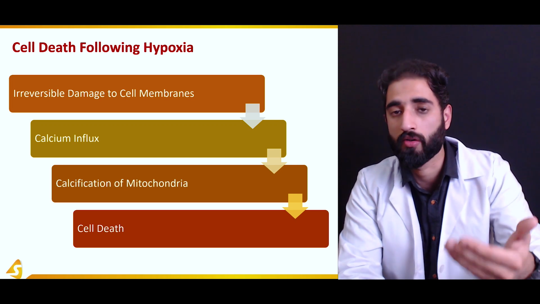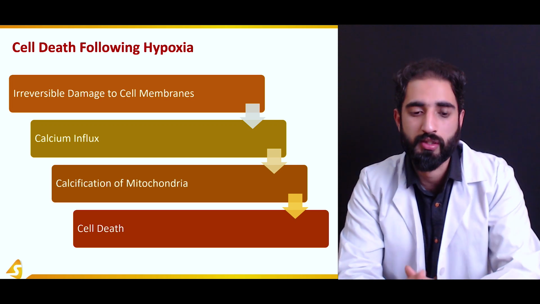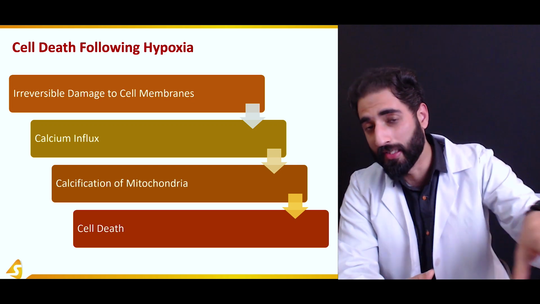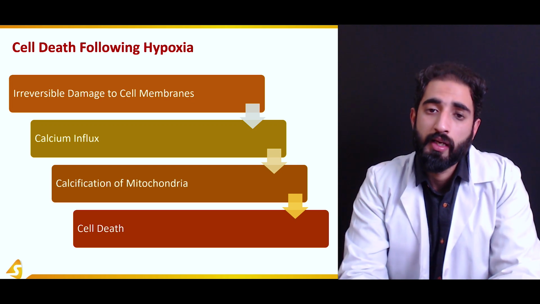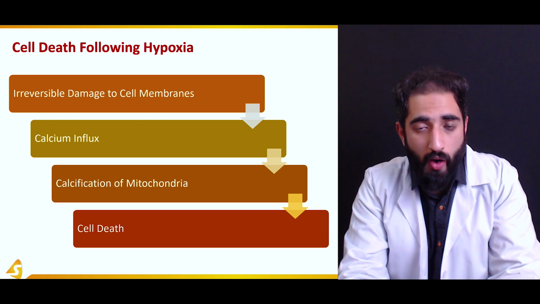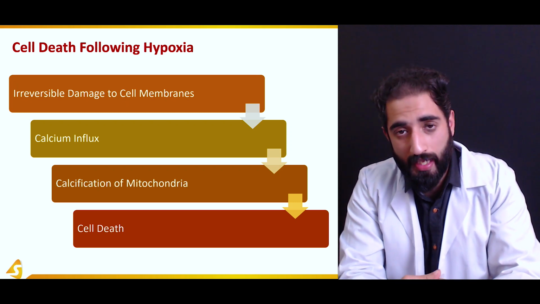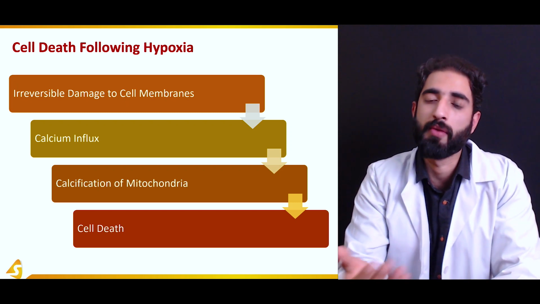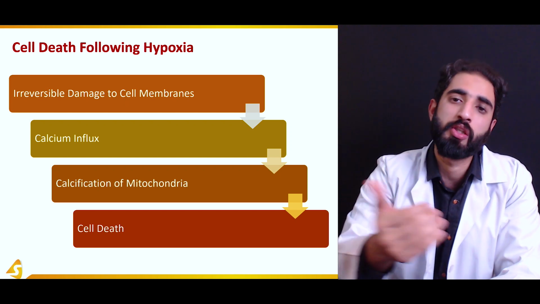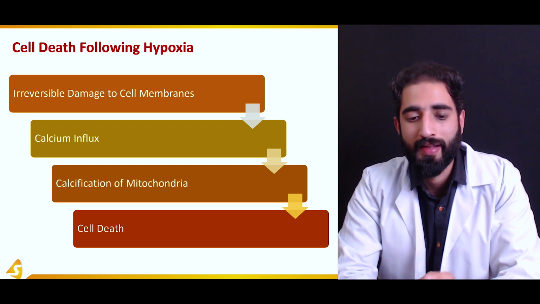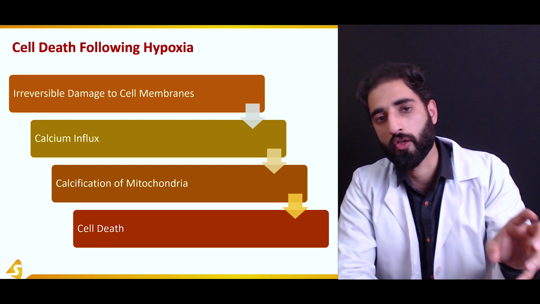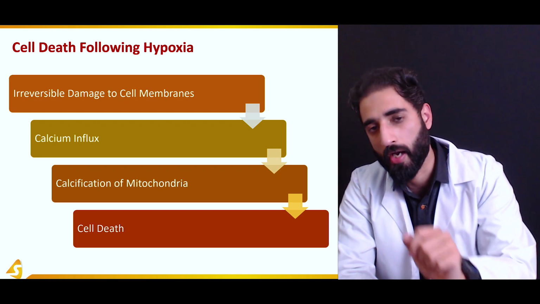So everything is in continuity with the outside. So what happens is that the different components from the outside can now influx the cell. They can move into the cell. One of them is the calcium. So what happens is that calcium influx occurs, and that results in the accumulation of that calcium in the mitochondria,